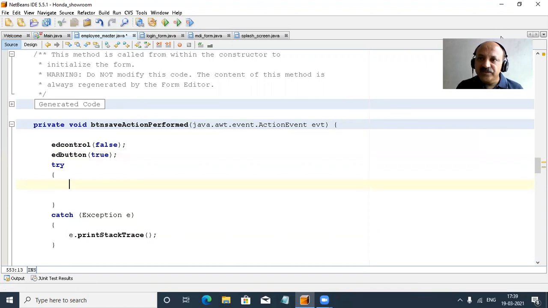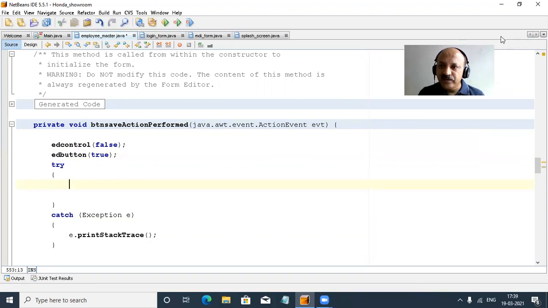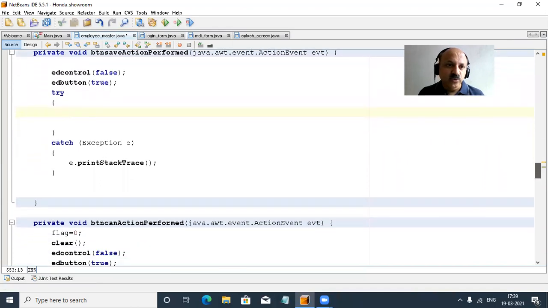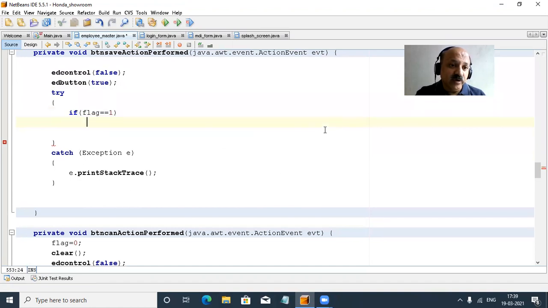So let us take my screen to here and just take it above. So yes, that is the save button. And first we can take an if condition. So flag, that is a flag, and you can also use the button flag equal to 1, because when we add a button at that time the flag value is 1. And now PS, yes, prepare statement, which I declared above the class.